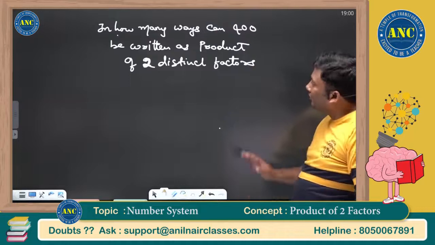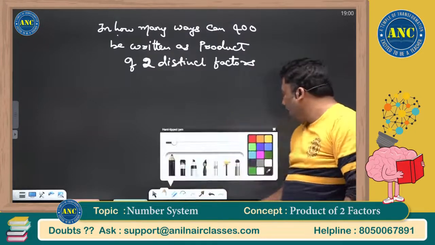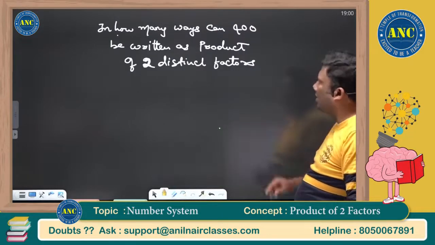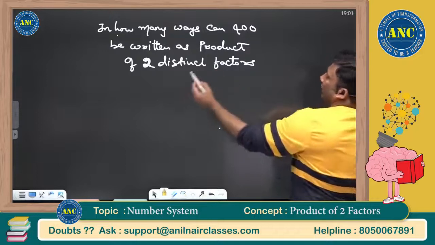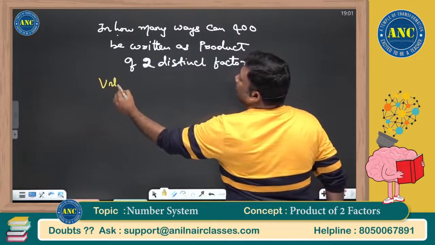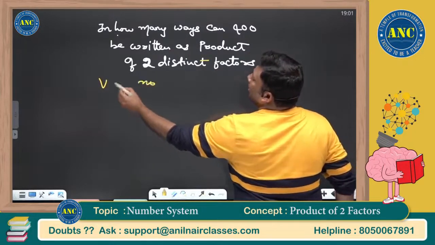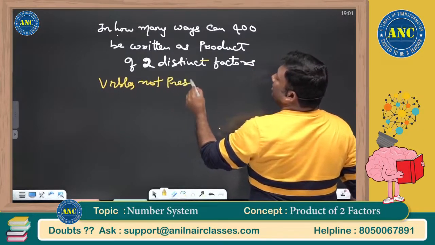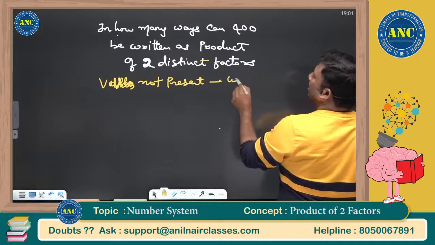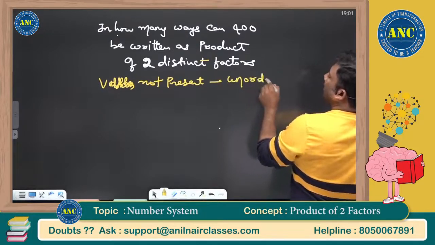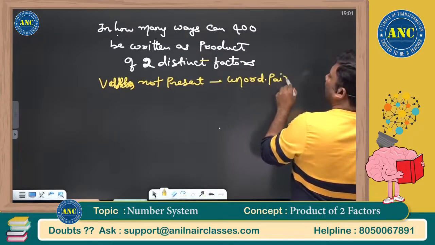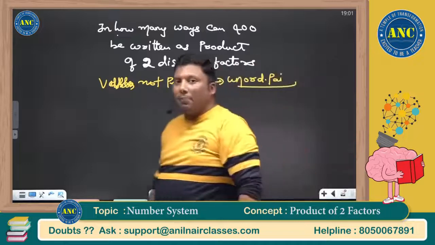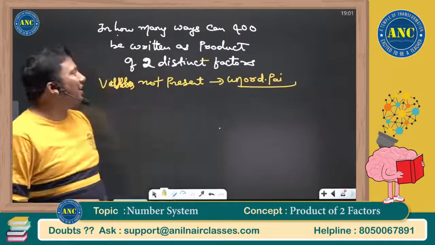Now see here. This is a very good question, sir. It will give an understanding to our concept. First of all, variables are not present in the question. If variables are not present in the question, then it is an unordered pair. I hope you are all there with me. If it is an unordered pair,